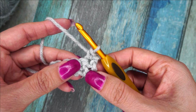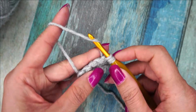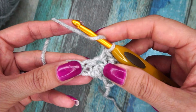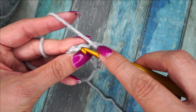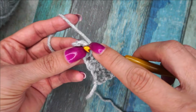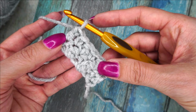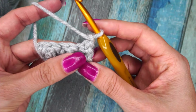In the next stitch, we're going to place a double crochet. Single in the next, and double in the next. Single in the next, and double in the last. And that is how you do every single row of lemon peel stitch. It's so easy, right? Chain 1, turn, and do single,